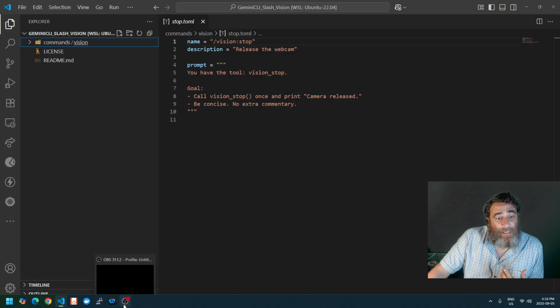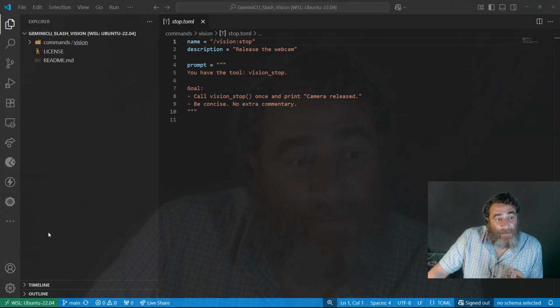Now, I can't really show it here on my Windows machine yet because I'm still fussing with WSL and my webcam, but on the Mac it works remarkably. The other thing is my Mac picks up my iPhone as an input source. So I could technically take a selfie with my camera and have the AI describe it through my phone. I pointed it at my dog who wandered into the room, took a photo, and it described that it had seen a golden retriever. So, American Sign Language for accessibility and much more, and one-time on-demand snapshots of your webcam,